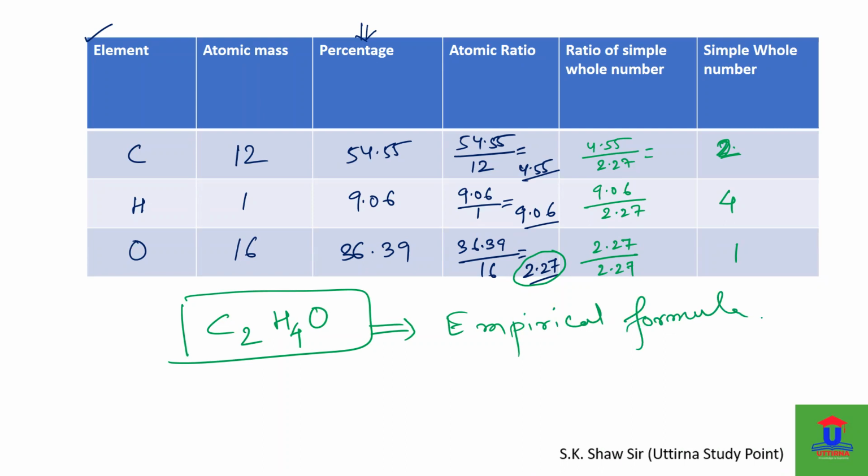Please take a screenshot or just write it down in your notebook, the columns. Okay, ये columns क्या क्या हैं, ये याद रखना बहुत जरूरी है. इसको एक बार नोट डाउन कर लो या स्क्रीनशॉट ले लो, क्योंकि अभी एक न्यूमेरिकल तुम लोग को करना है. किसी को डाउट है कैसे करते हैं इसको? फर्स्ट कॉलम इज एलिमेंट, सेकंड इज एटॉमिक मास, थर्ड इज परसेंटेज.